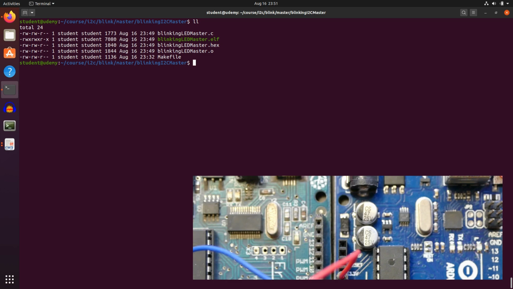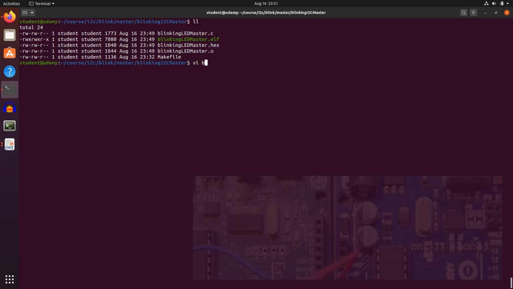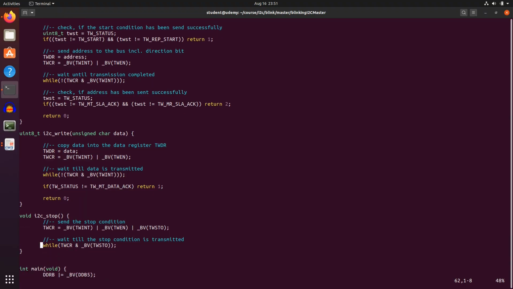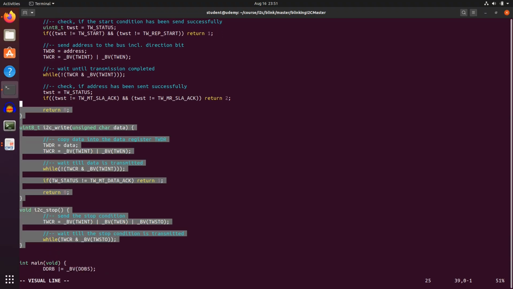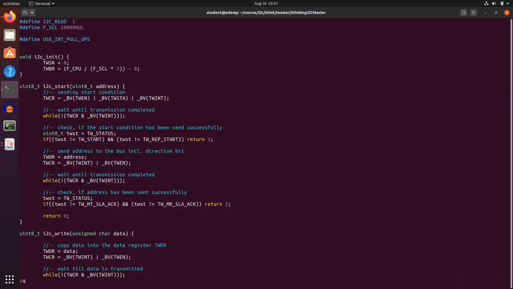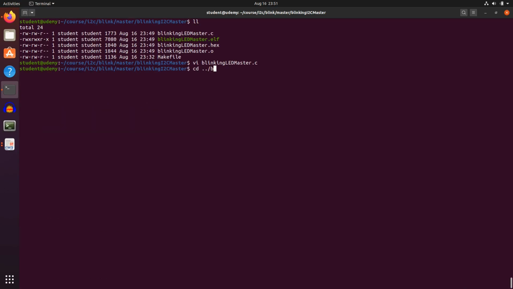That concludes the session of the blinking LED master. I'm suggesting to copy these I2C functions into a separated file so it can be included into other files easily. What I also want to point out is the blinking I2C master library,